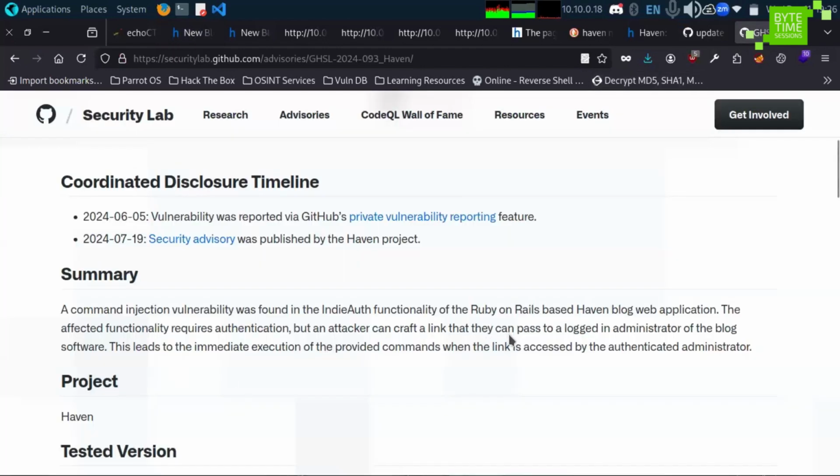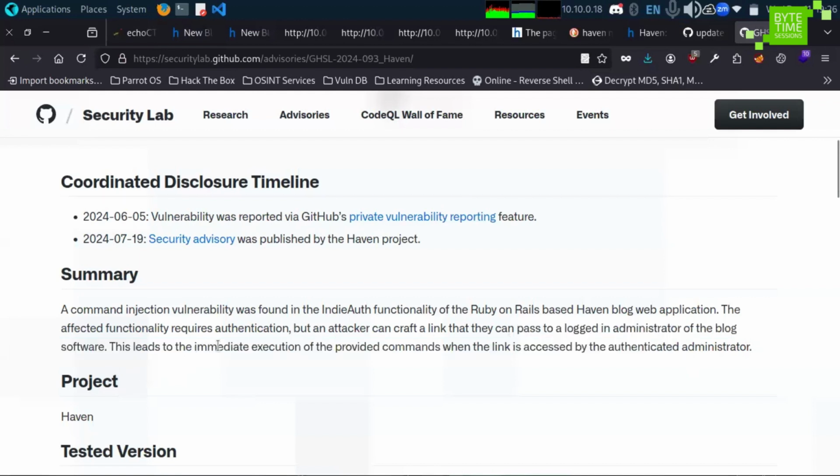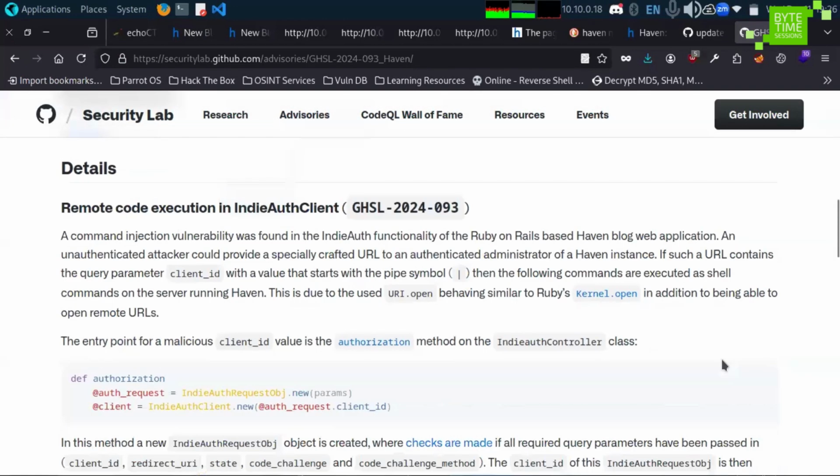So pass to a logged in administrator of the blog software. This leads to the immediate execution of the provided command when the link is accessed by the authenticated administrator. Okay, this is the details of this RCE. It said, okay,